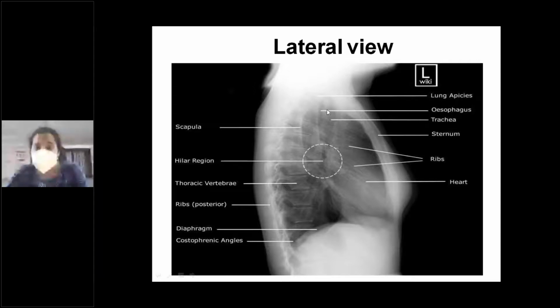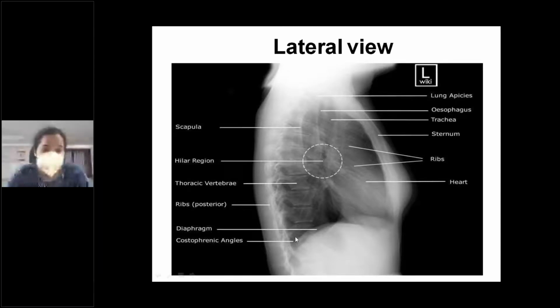Okay, one very important sign you have to remember. This thing is very important. And these are the lung apices. The esophagus here you can note is just posterior to the trachea. This is the trachea and this is the esophagus. Of course, both of them are potential air-filled cavities, but the esophagus always tends to collapse in the anteroposterior direction. Whenever it is not distended, it is just collapsed. It is just a potential cavity, whereas the trachea is always open. It is always air-filled, and it does not collapse, except that in inspiration it tends to enlarge, and in expiration there will be a slight decrease in the diameter.